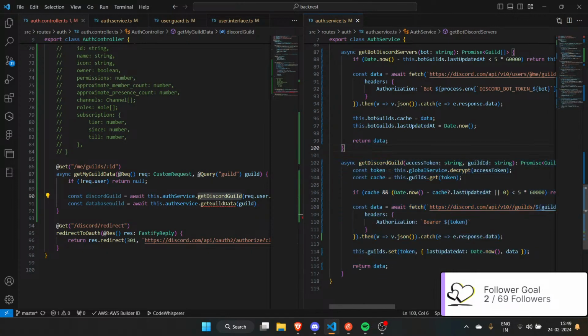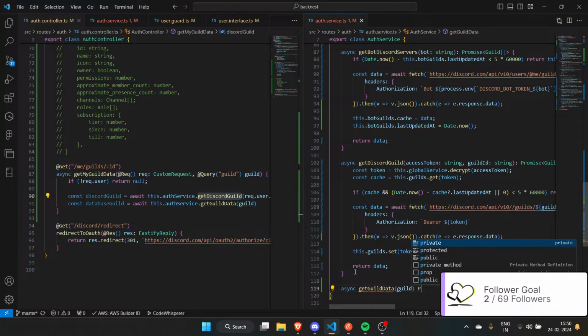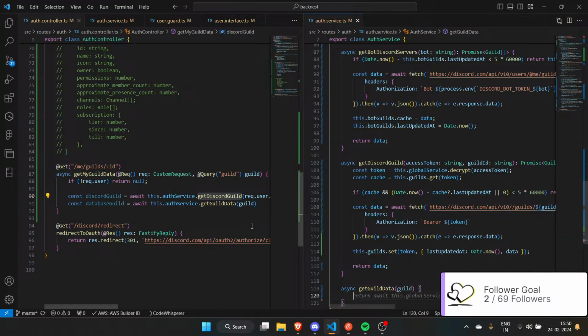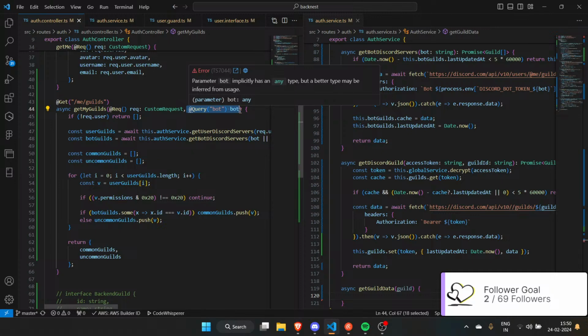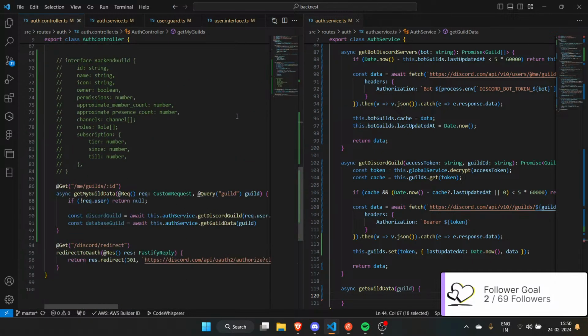Then we need something similar for async get guild data, guild, and I guess I'll have the same bot thing here, button bot. Let's see, we have a guild query.